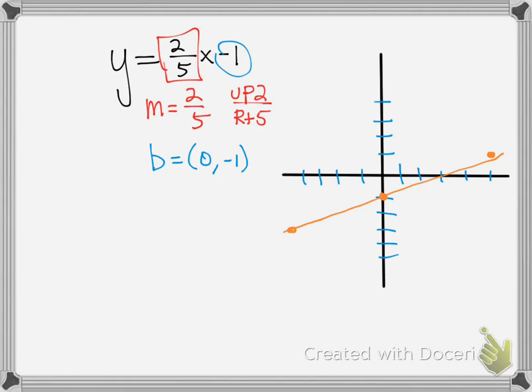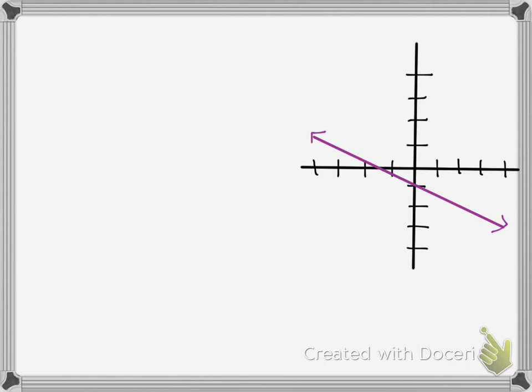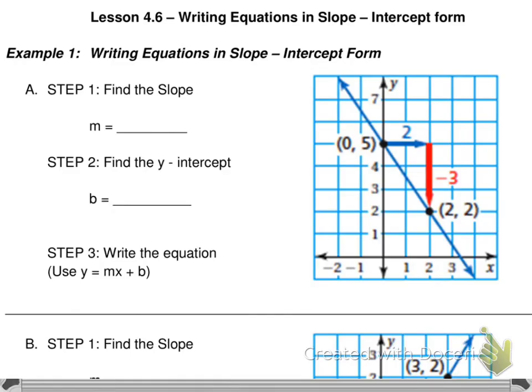4.6 is this. There you give us a line on a graph, and can we think of an equation in slope-intercept form? That's our goal for today. So let's turn to our notes. Our first example here has a line, and they're actually nice enough where they give us coordinate points 0, 5 and 2, 2. So in slope-intercept form, if you remember, that was code for getting y by itself,